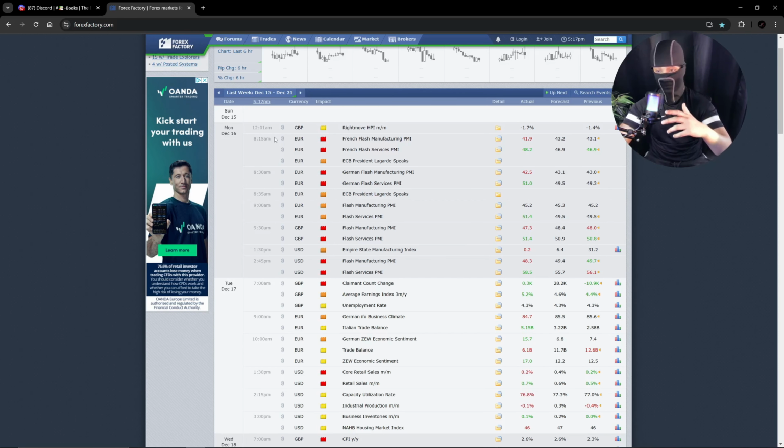Now think of news as simply just when the government releases data on how the economy is doing. Now when you guys see a yellow folder, it's not too deep, you shouldn't care, you can still trade for it. When you see an orange folder, you want to be a bit careful because price can be very volatile. When you see a red folder, you ideally don't want to be trading like 15 minutes